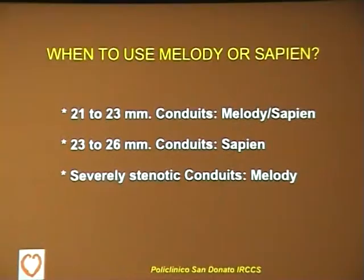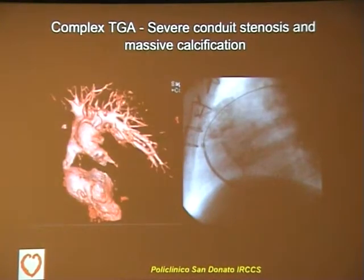So we have two percutaneous tools to restore the competence in the pulmonary position. We have Melody and Sapien. When to use them? In patients with conduits between 20 and 23 millimeters, both Melody and Sapien can be used. For larger conduits, the Sapien valve has to be used. And I would say in severely stenotic conduits, Melody is preferable as compared to Sapien, and this is my opinion,